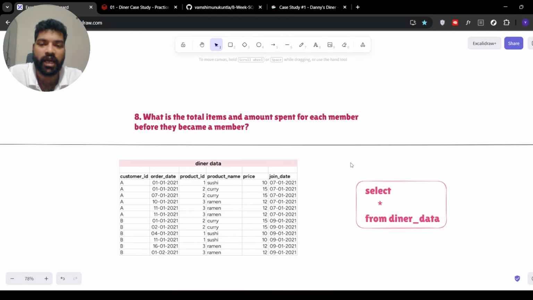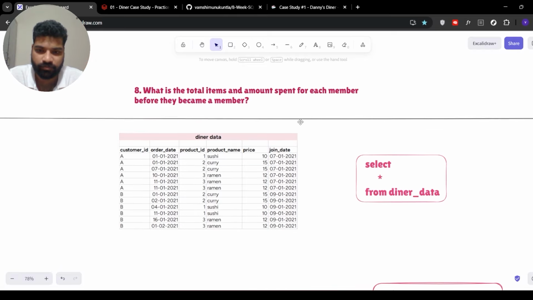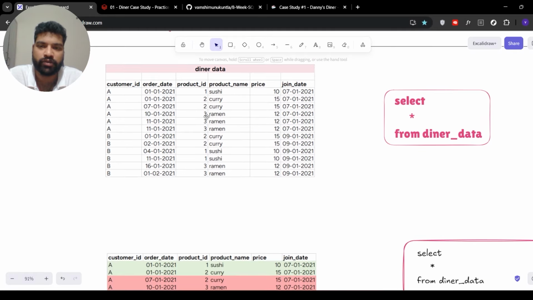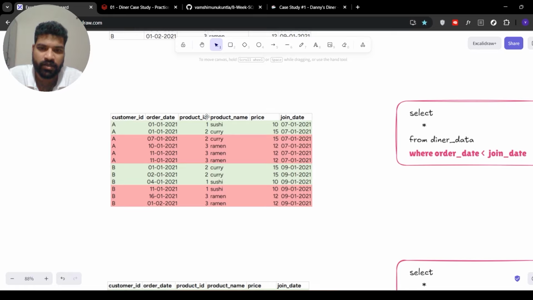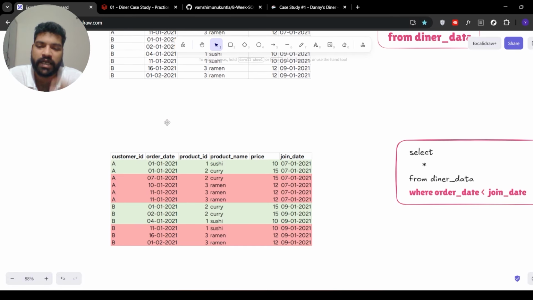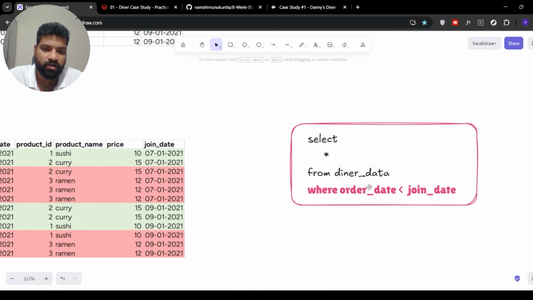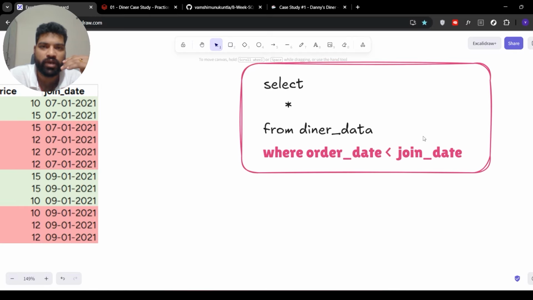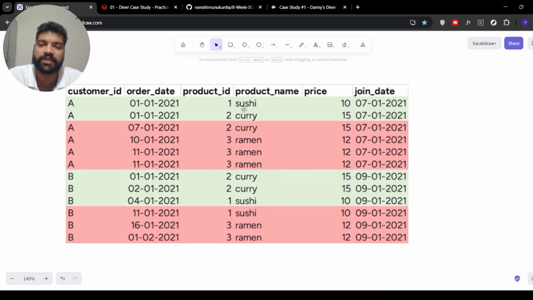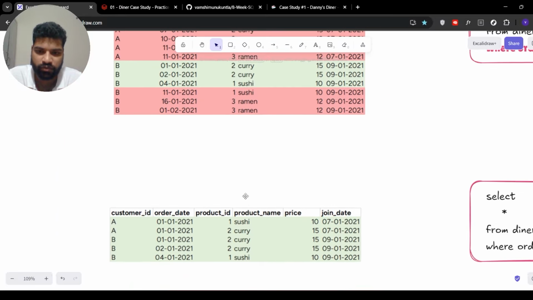What is the total items and amount spent for each member before they became a member? So we are only looking at the members, which is why we take the diner data. Select star from diner data. This is the output we get. We are only looking at items for each member before they took the membership. So a simple where condition, where order date less than join date, because we only want orders made before they took the membership. These two orders satisfy the condition for customer A, and these three orders for customer B. If you run this code,